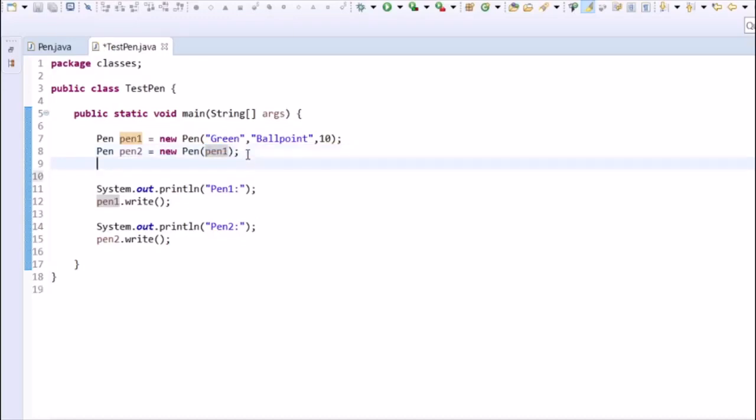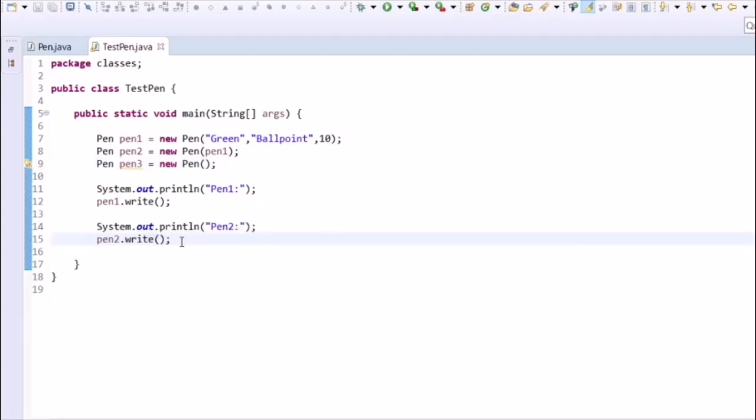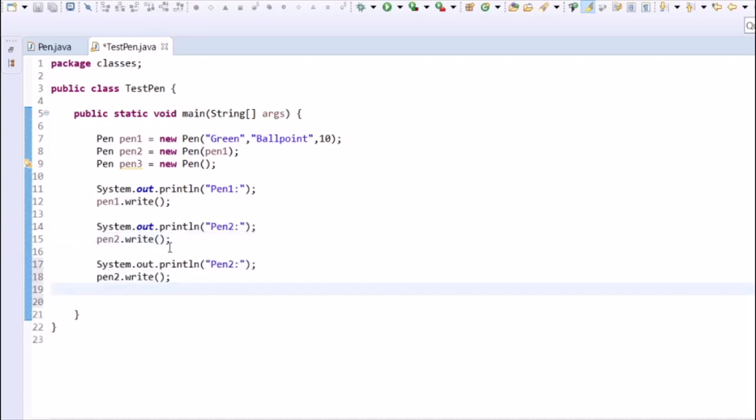Similarly, we can create one more object, pen 3, without passing any parameters, and let's try to print this pen 3.